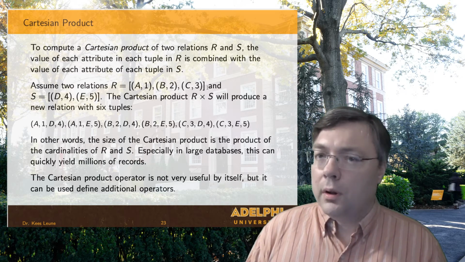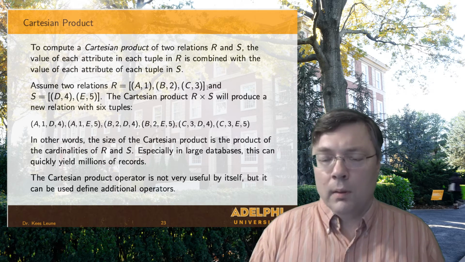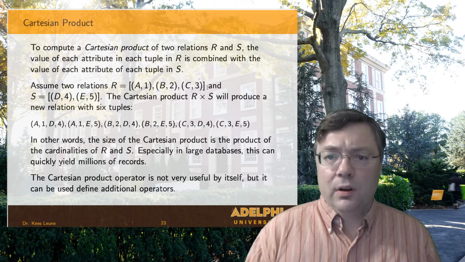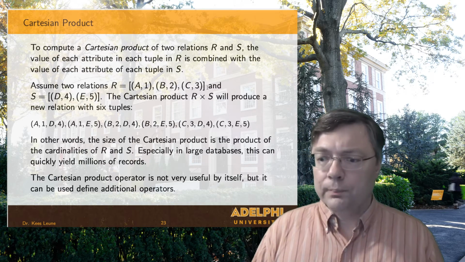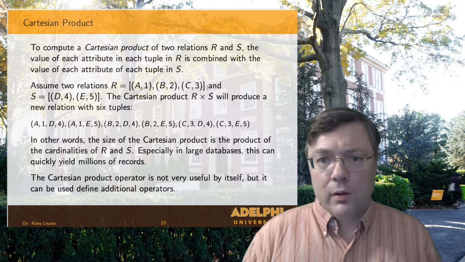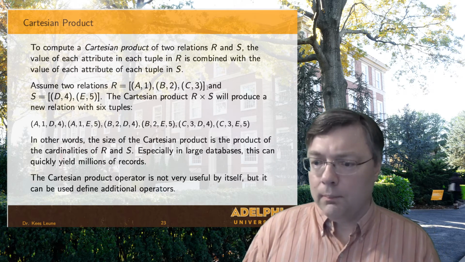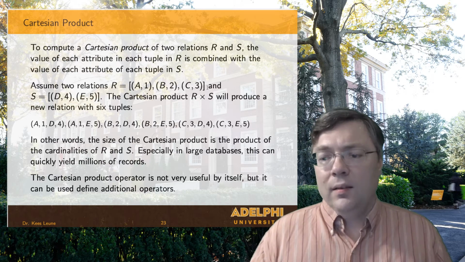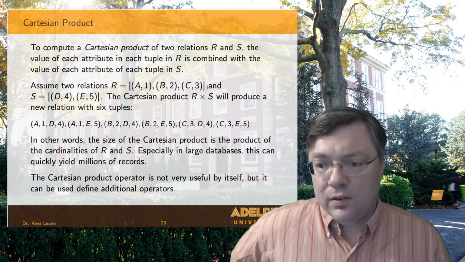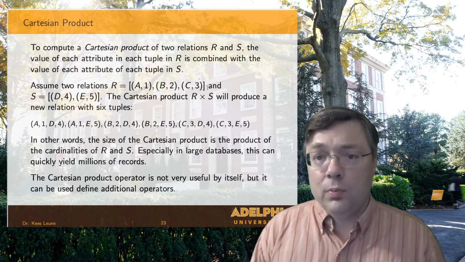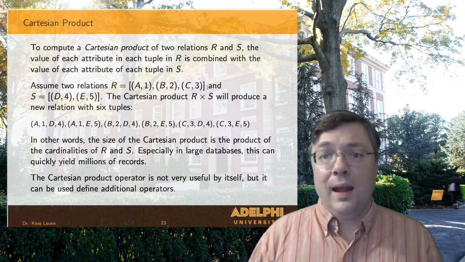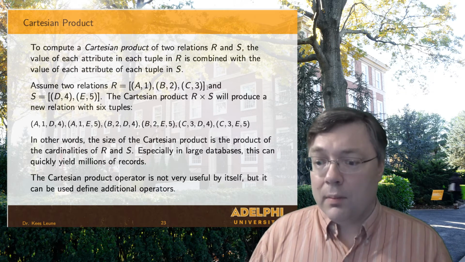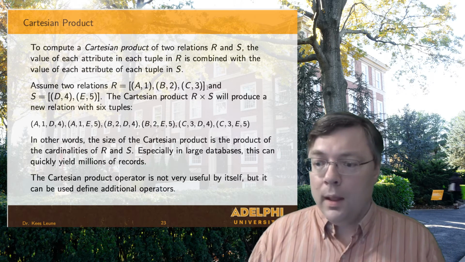The Cartesian product is a little bit more convoluted and more complicated. By itself, the Cartesian product isn't all that useful, but you can do some interesting things with it mathematically. So first of all, I take two relations, R and S, and these do not have to be union compatible. These could be any two relations. And what I'm basically going to do is